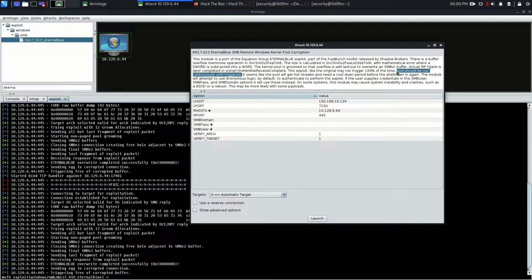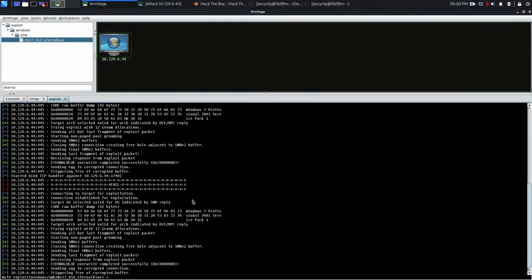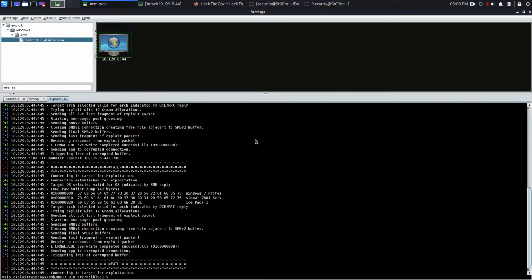So what this is going to do now is try 3 iterations of exploitation of this machine. If it happens to fail the 3rd time, we'll simply close this exploit and hit it again until it does fall over and give us a